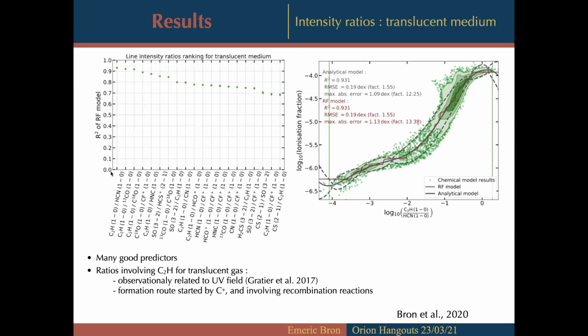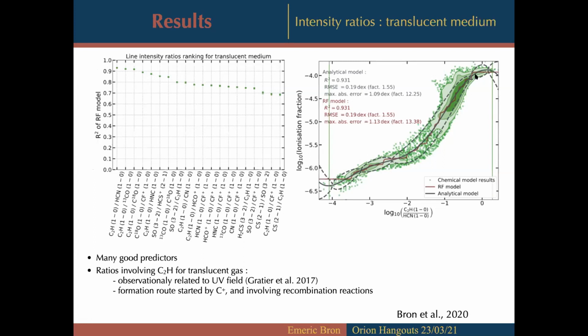So the R squared goes from 0 to 1, with 1 being a perfect prediction, and this number representing the fraction of the variance in the data in the model grid that's explained by a given tracer. So we see that we have actually a lot of very good tracers, which explain around 90% of the variance in the data. And if we look here for the first one, which is C2H over HCN, the line ratio,